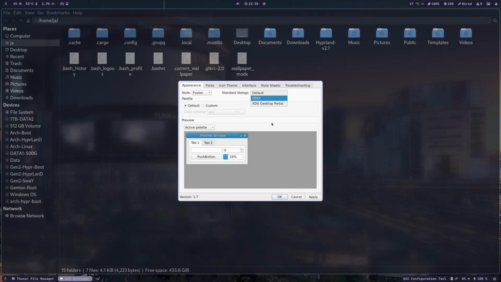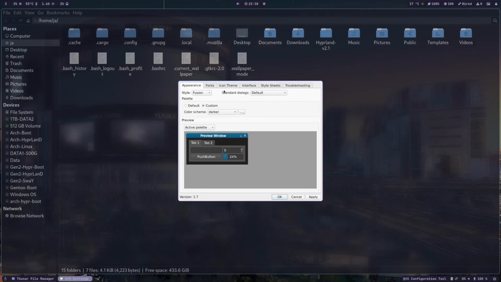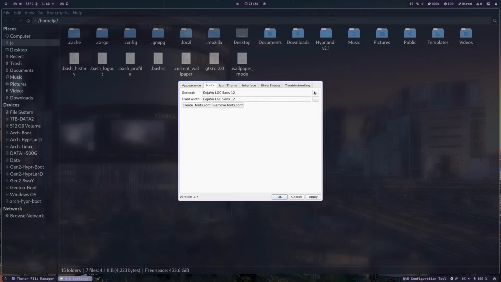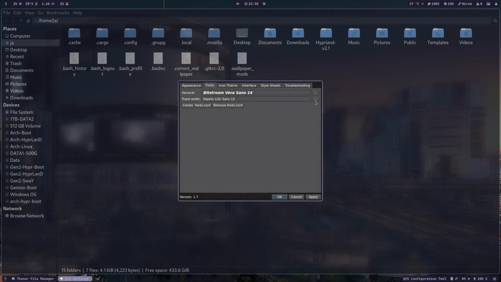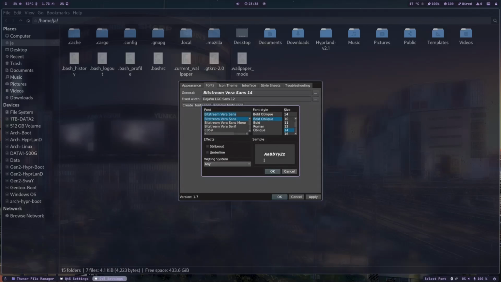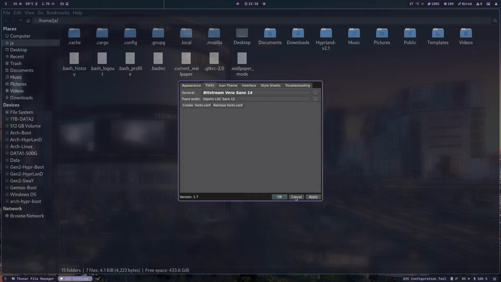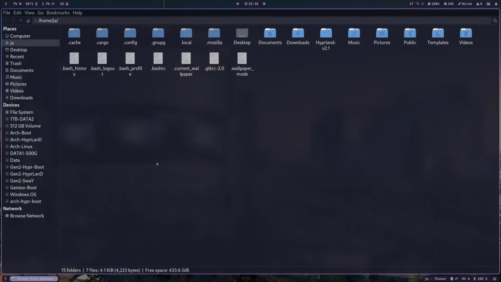And we can change it to custom, so all the Qt apps will take this configuration. And then of course you can change the fonts. Wait, let's not do that now. Okay, so first thing is